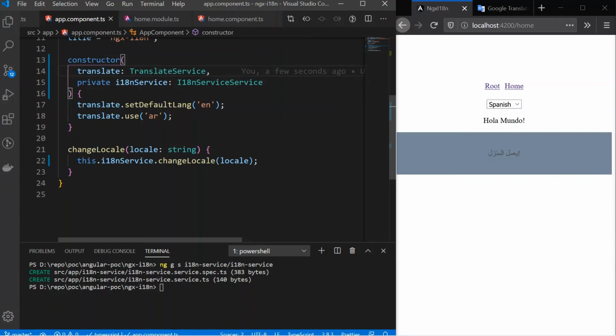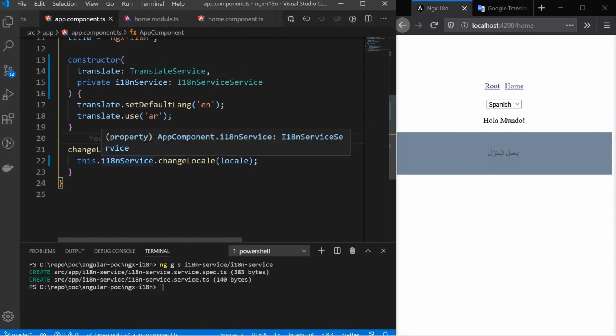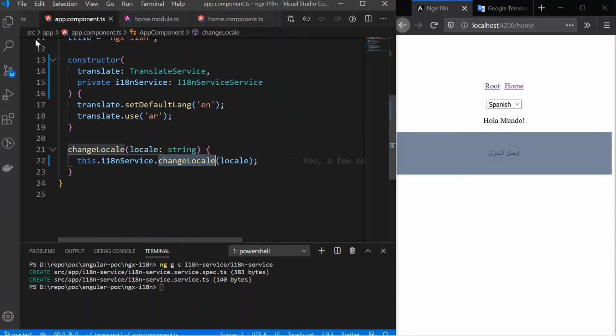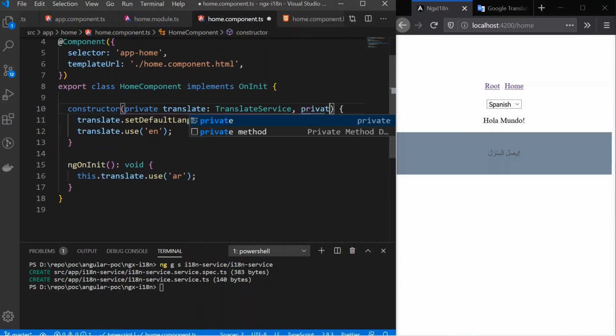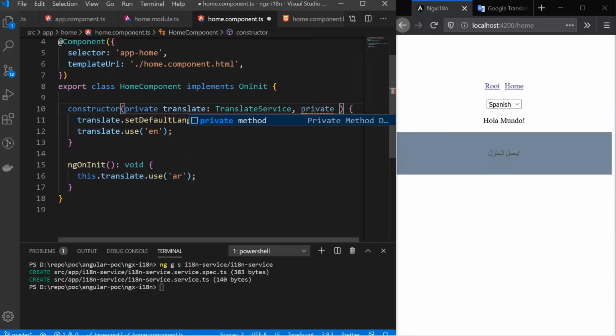We can achieve that, but I'm keeping it for now. So here we are changing the language, and now inside our home component, we can use the service and subscribe to that event.